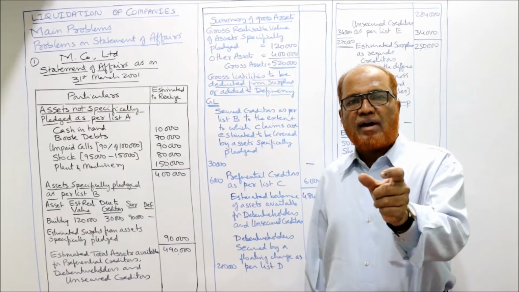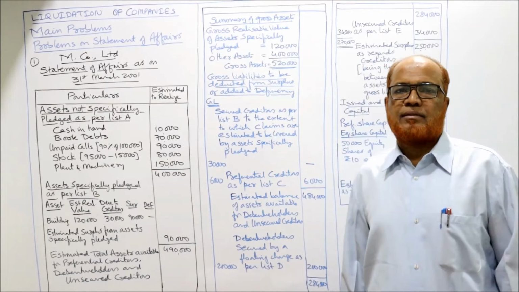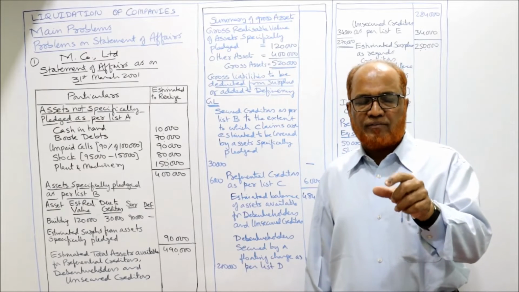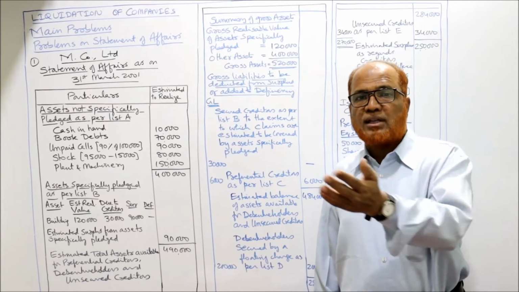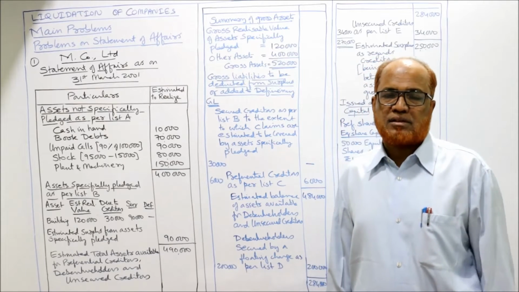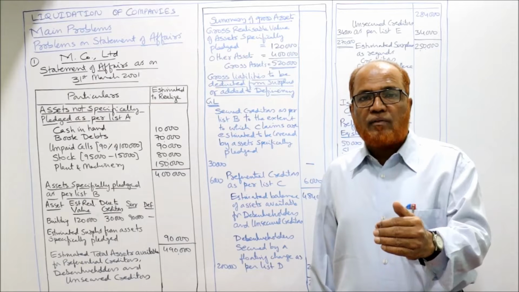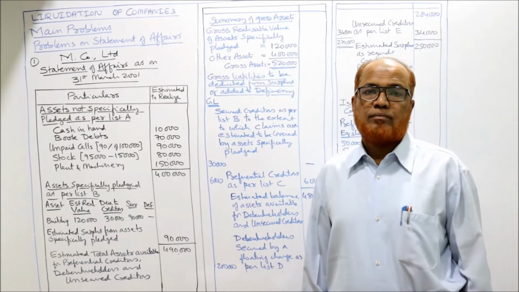If the realizable value of the asset is more than the amount due to creditors, there will be a surplus. If the realizable value of the asset is less and the amount due to creditors is more, there is a